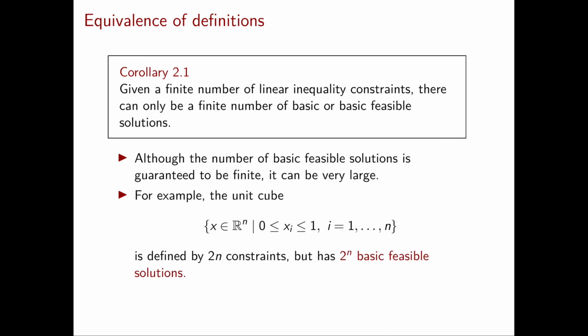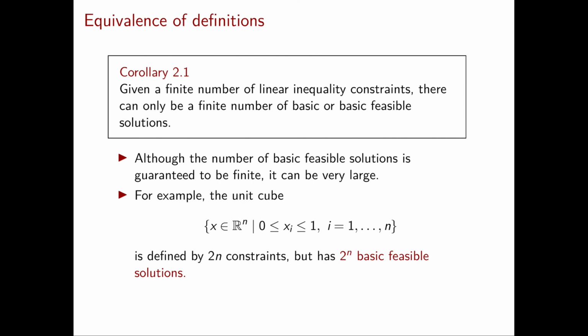This corollary gives us immediately an interesting idea. We have discussed how in the most interesting cases of linear programming problems, there's always an optimal solution that is a basic feasible solution. We have not yet shown that, but I already told you that this is the case. And this corollary, therefore, gives us immediately an interesting idea on how to solve a linear programming problem.